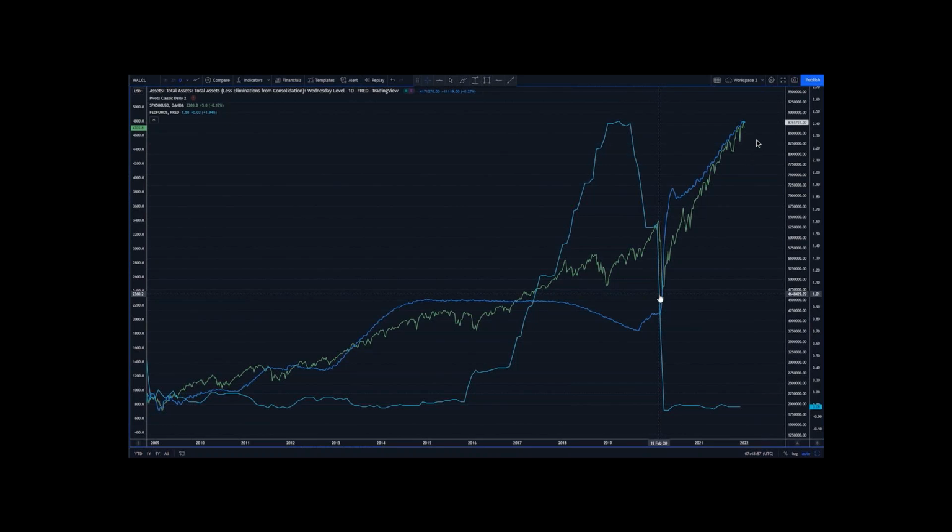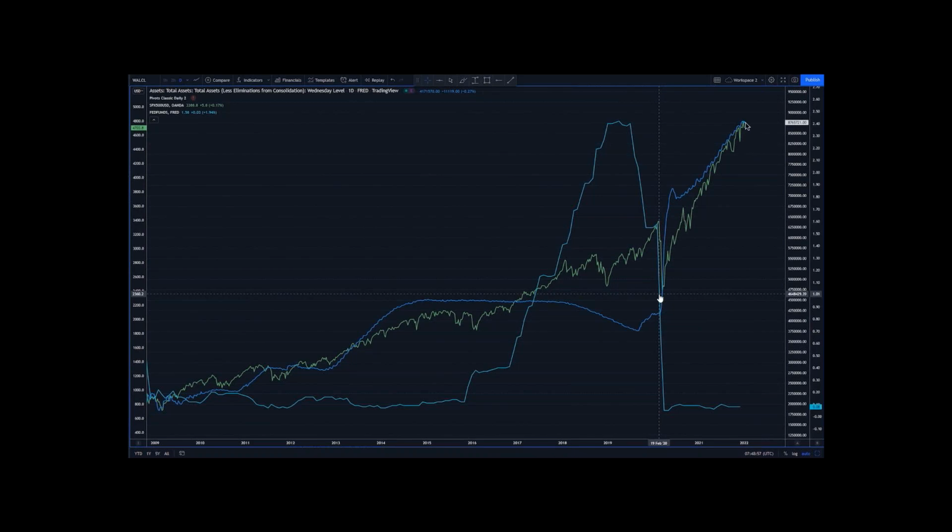But having said that, this is what's interesting. If the balance sheet starts running off, investors are concerned, because it's the rise in the balance sheet that supports stocks. You can see when the balance sheet increases, that supports stocks. When the balance sheet falls, you see stocks move more sideways. Rising balance sheet, rising stocks.